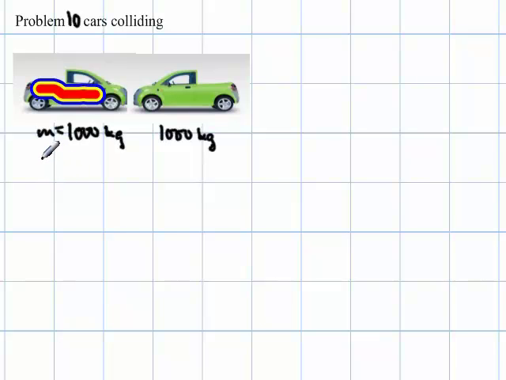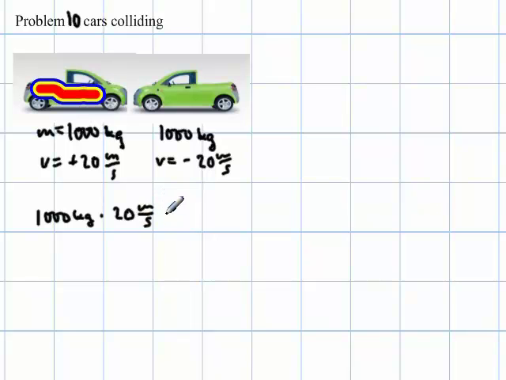And then this one is traveling north at 20 meters per second. And this one is driving south at negative 20 meters per second. And when I look at the momentum, it would be 1,000 kilograms times 20 meters per second. I think we can already see what's going to happen, that they won't move after the wreck, plus 1,000 kilograms times negative 20 meters per second, so 20,000 minus 20,000 is 0,